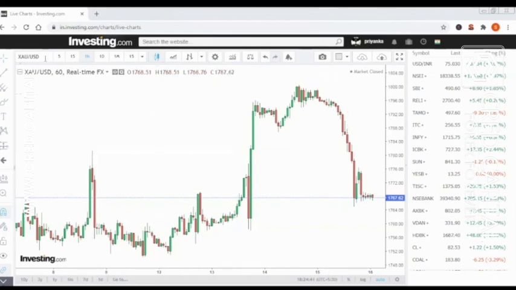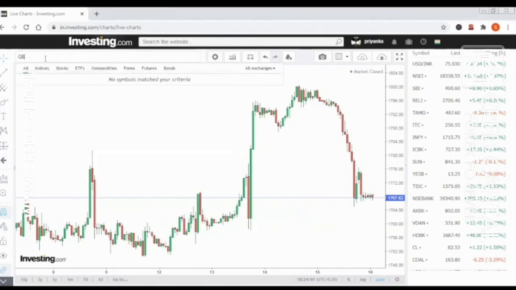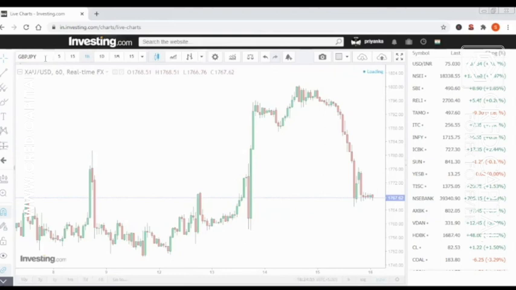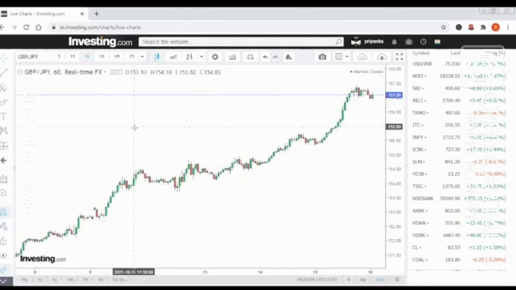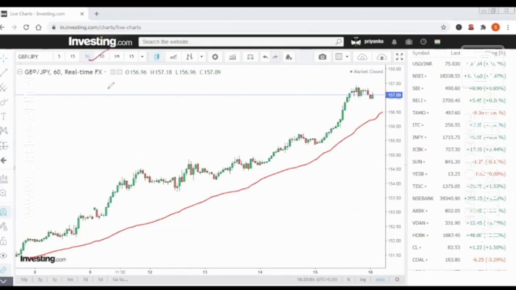So let me take another chart, GBP JPY. I'm trying to show you all the main chart patterns, where you can take up your trade. Look, the GBP JPY is following a kind of uptrend for a longer period. It is a 1 hour chart, you can see here. And the GBP JPY is following a kind of swings in the market. So here you can see what the resistance level is. I hope these tops are the resistance level. Okay, look.